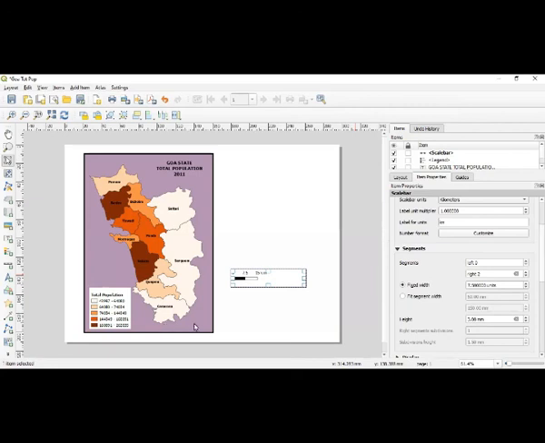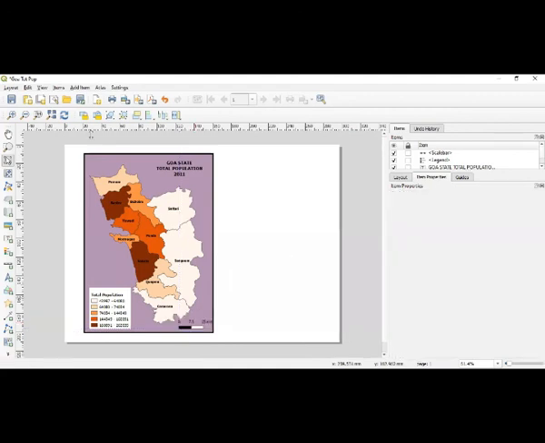Okay, if I want, I will take it further down. Okay, and here is where the scale is located. Now the scale is added. Now I want to add the north arrow. So I will go here and add the north arrow. When I take that north arrow, I can place it here like this. Okay, so there are a number of symbols. They are available in the item properties here that you can see, the arrow mark.